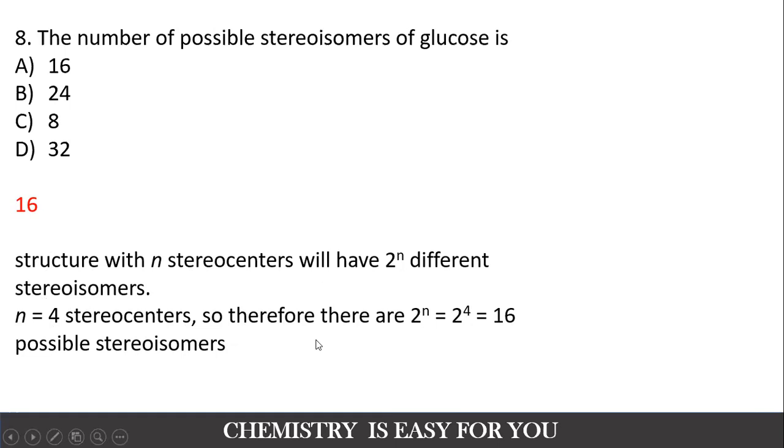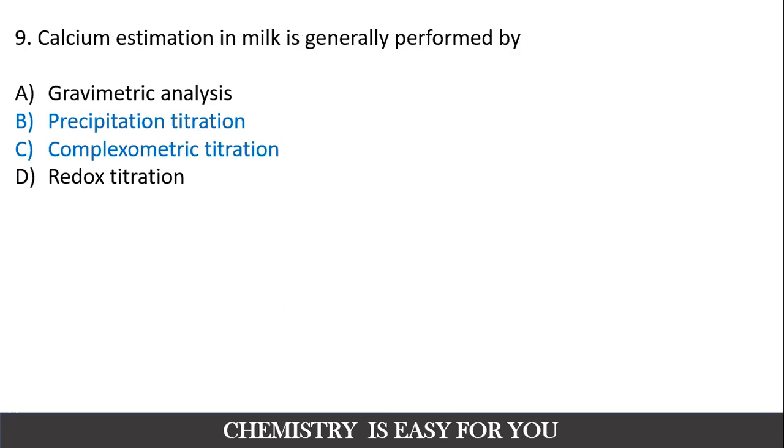So what you have to do is draw the structure of whatever organic compound is given to you, calculate the number of stereocenters, and then substitute it into the equation 2 raised to n, and you can see the number of possible stereoisomers. And there are some other considerations to these kinds of questions, there are differences in formulas also. Even that I can give the link in the description box. Watch that one as well, it will be easier for you. So yes, this is the 8th question. Now we'll be going to the 9th question.